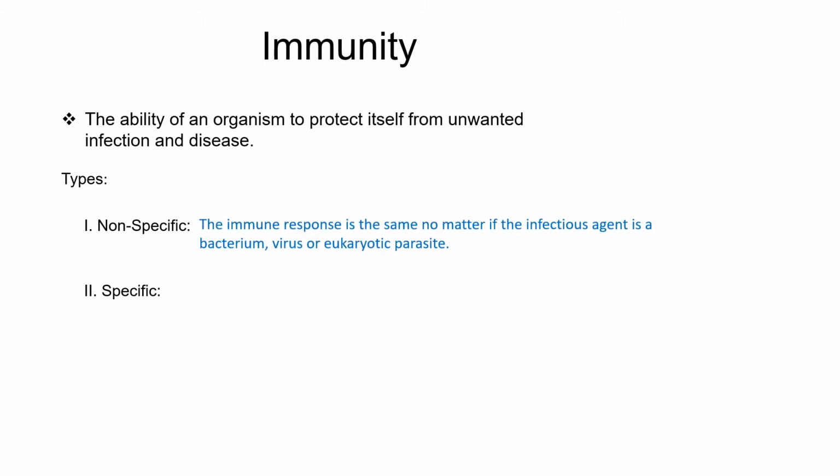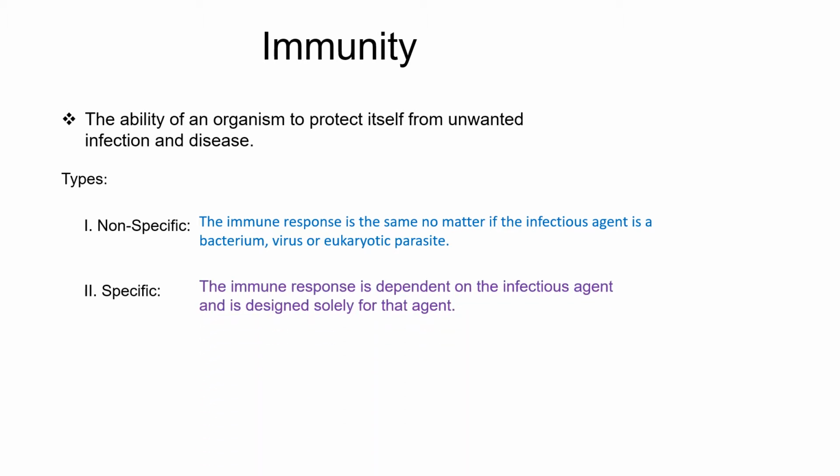With nonspecific, it simply means the immune response, no matter what the infectious agent, is exactly the same. This will become more easily understood when we get into some of the examples. Specific means simply that the immune response depends on the infectious agent. How we respond is dependent on which organism or which type of organism is making you sick. Now, when it comes to specific immunity, there are two types, and the two types are innate and acquired. So again, the language your book uses, we're going to use, but not quite in the same way.